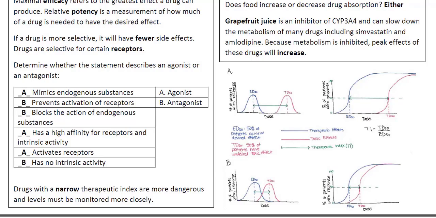The TD50, or toxic dose 50, is the dose where 50% of the patients had an undesired toxic or side effect. The therapeutic index is the range in between the ED50 and the